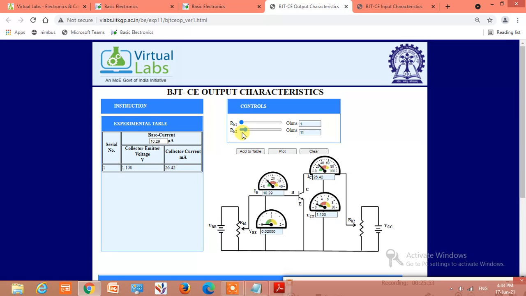Then again, now we have to increase this output only. Okay, vary the output only. So I will again increase VC to 2 volts. Yes. Click on add to table, the value is recorded. Again increase to 3 volts. Click on add to table, current is 32. Again increase to 4 volts,